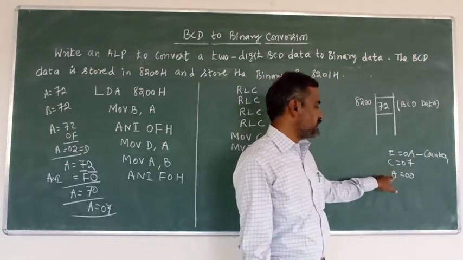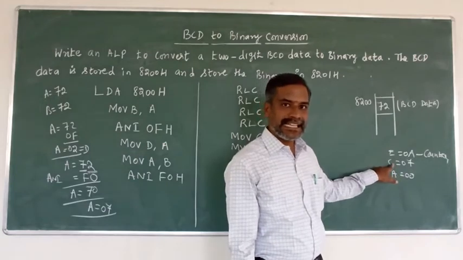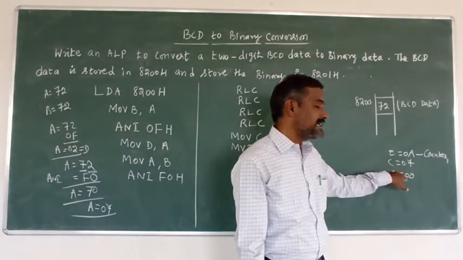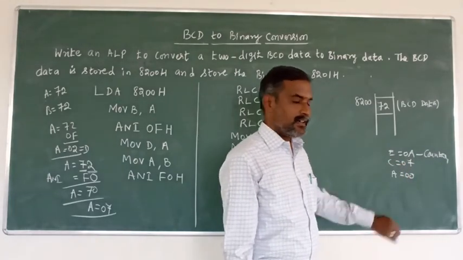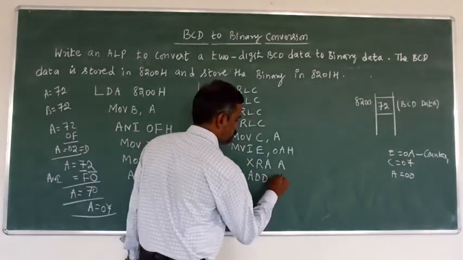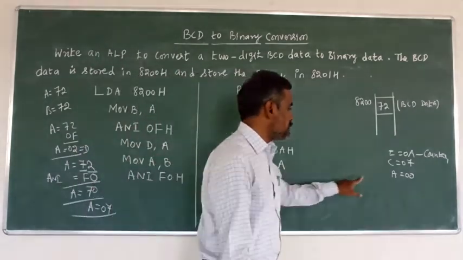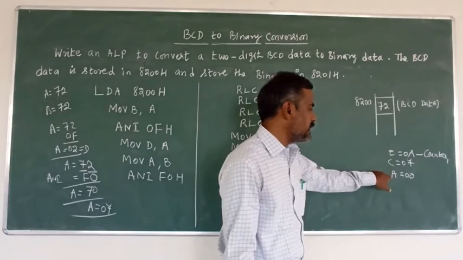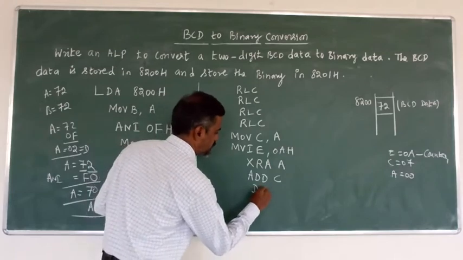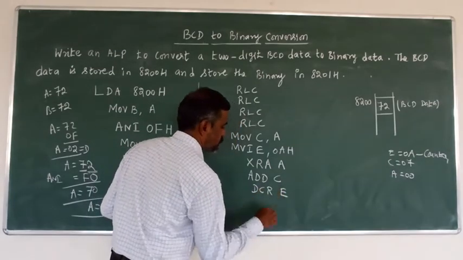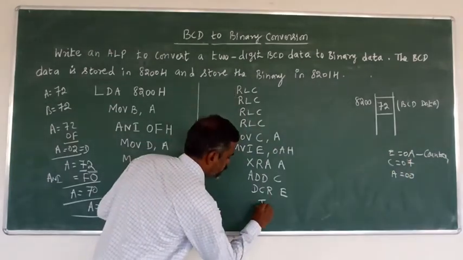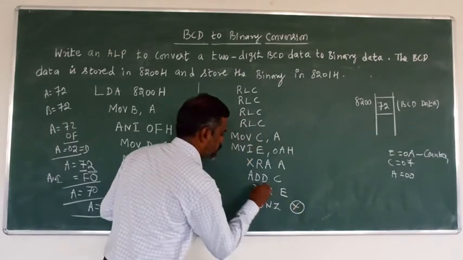Now repeated addition of A with the C register until the counter register is 0. We have to add the accumulator with the C register 10 times. ADD C. Now as we add the accumulator with C, the single addition is over. For that, decrement the counter register a single time: DCR E. Now it is 09. Now we check whether it is 0 or not. Non-zero means jump to the loop: JNZ, jump to here.